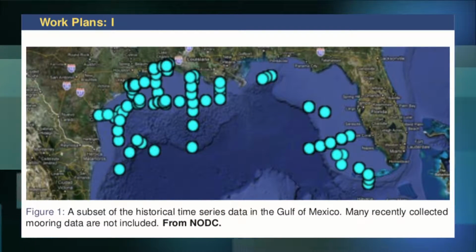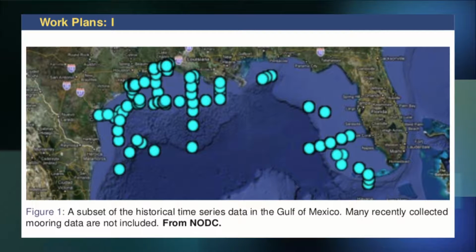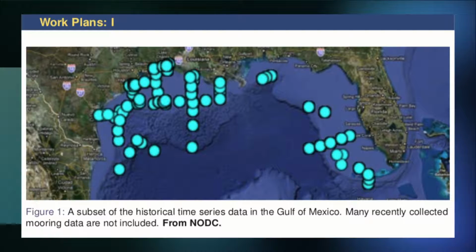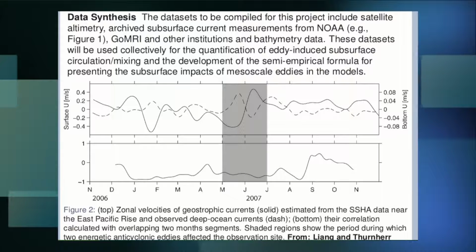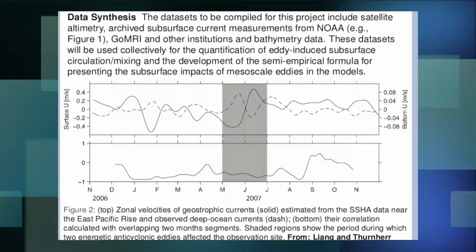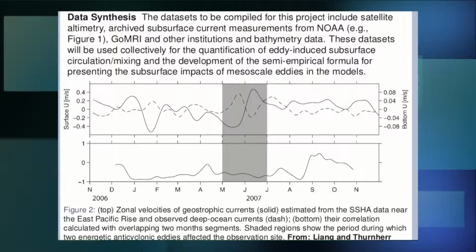For our project, we mainly have three parts. The first part is to use the observation data and satellite data to look at this relationship, which I just mentioned. We have made some progress in that part. We collected a pretty big data set from the historical archives in the Gulf of Mexico, mainly current meter measurements. And we built criteria to pick the ones we can use, basically those which we can combine with the satellite data. So then we look at the relationship between the surface current measured from satellite and the deep